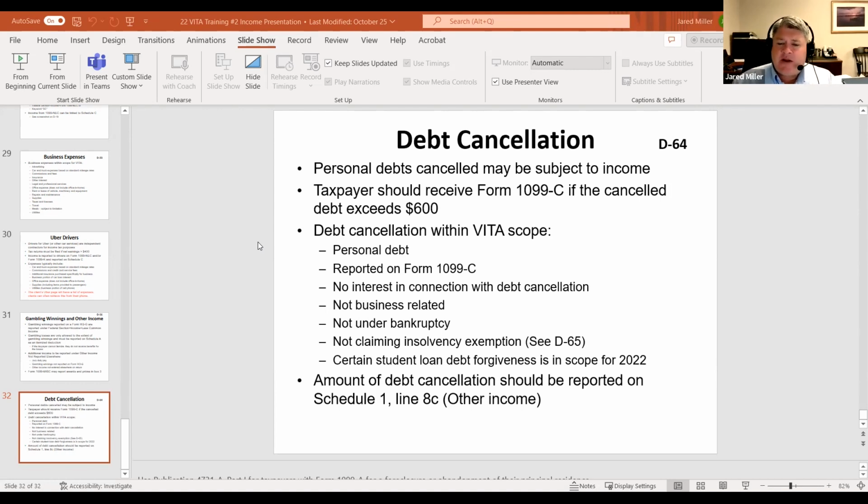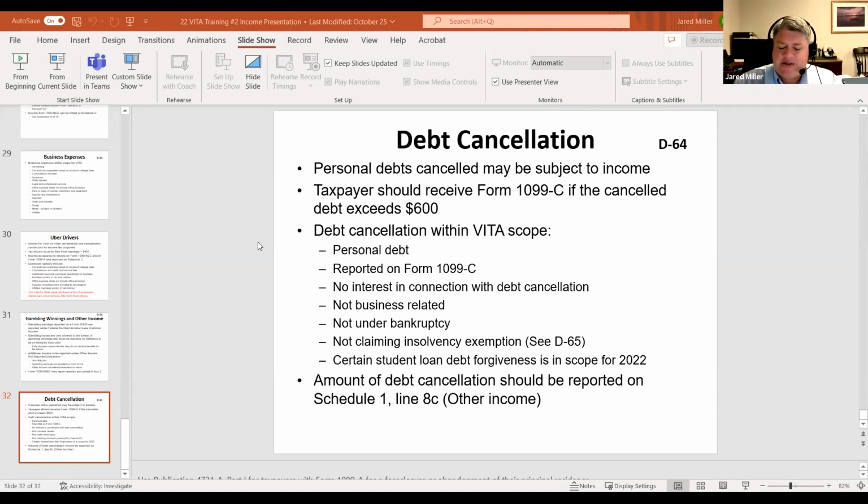Certain student loan debt forgiveness, and what we're talking about for that one in the scope is not the brand new kind of all eligibility. That would be things like people who have had qualification due to the Department of Education kind of revoking the school status for a couple of schools, or that they met qualifications due to being a public service worker. Those can actually be in scope as well. The other thing that could come into play is what we call the insolvency exemption.